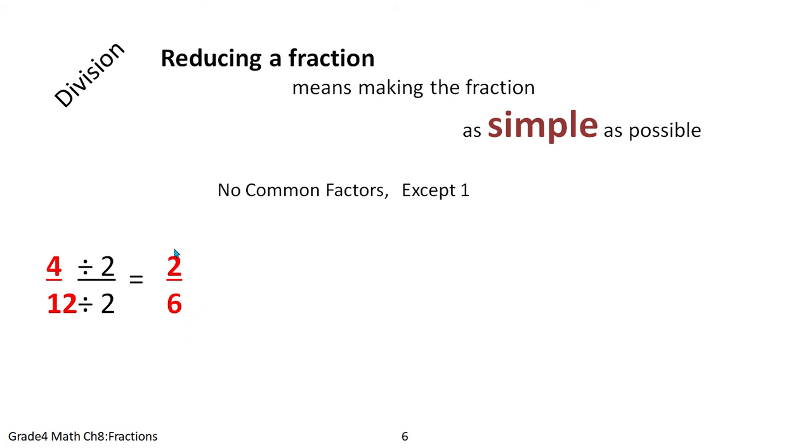Okay. Now 2 by 6. Now are they having some common factors? What is written here? There should be no common factor. Is there any common factor in 2 and 6? Yes, it's 2. Okay, 2 and 6 come in whose table? In the table of 2. Okay, so we will divide it by 2 and then we will get the answer 1 by 3. Now tell me, do you have any common factor between this 1 and 3? No. So this is the statement, no common factors except 1. What common factors are there between these two?